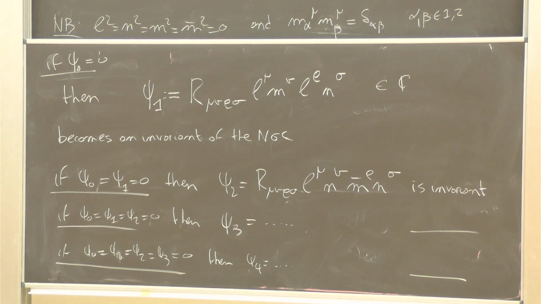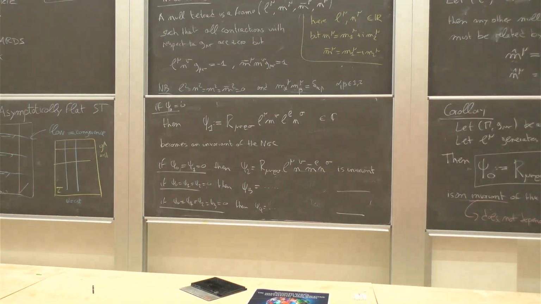Sorry, the vanishing of psi0, does it imply the vanishing of the R, L, M, L, M bar? So this is a complex number. So if this one is 0, you can complex conjugate, and it also means that the bar one is 0. Right. Then it's true. It's not obvious, so I leave you an exercise to check. These are the type of things you need to use.